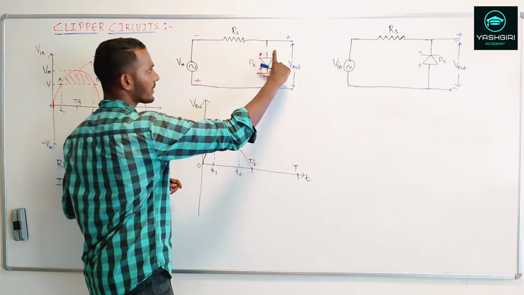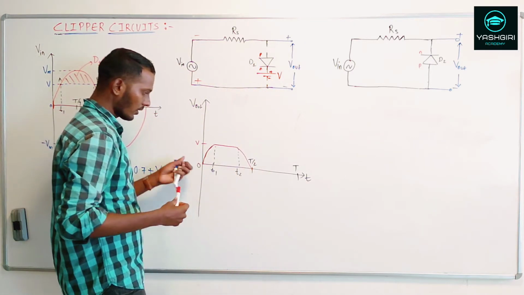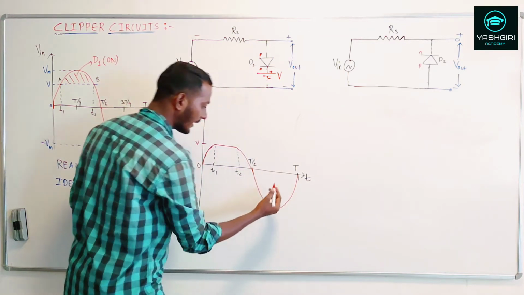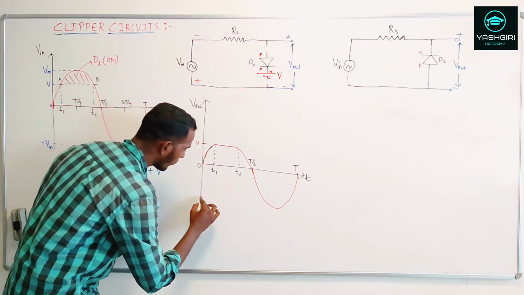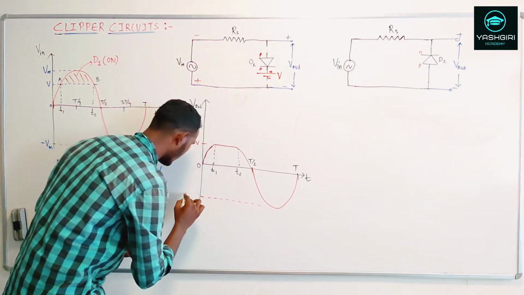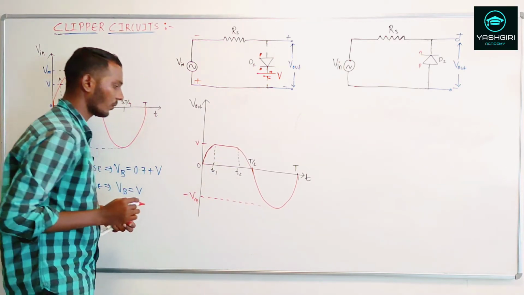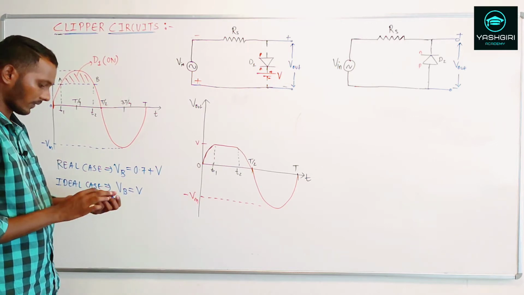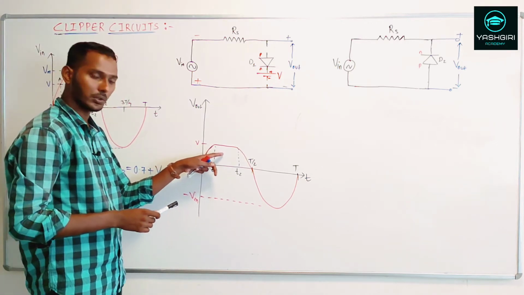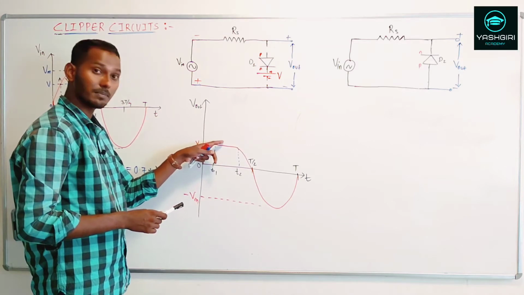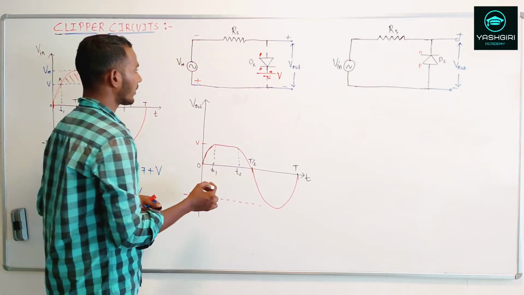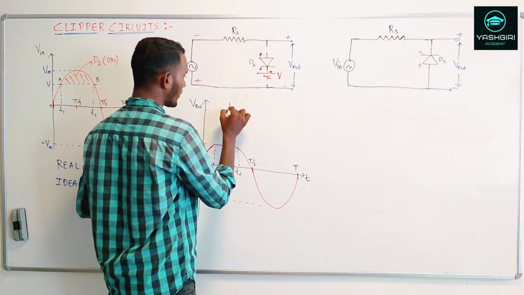So again it's an open circuit and the output follows the input. So what you will get is, the output follows the input. That's exactly the same negative half cycle will be traced at this side. So this is my minus Vm. Now if you look at the circuit, we have managed to clip some part of this positive half cycle.